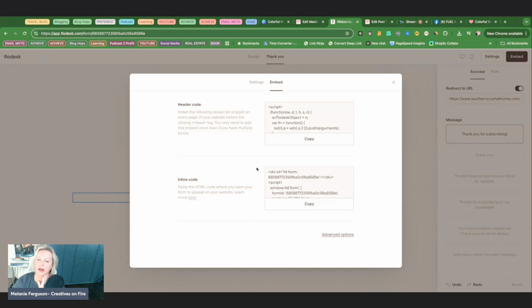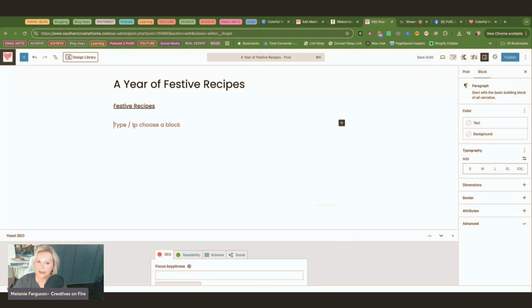But over here, if you have Flodesk already on your blog, you will have added this copy here, this header code, and that was at the front of your blog. Now all you need for each blog post is the personal copy down here, this inline code. So I'm hitting copy, and then I'm going over here to our blog posts, and I'm going to hit